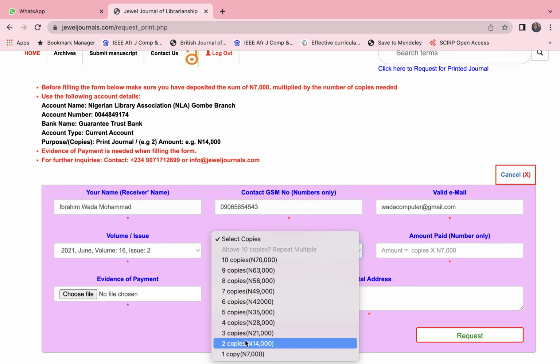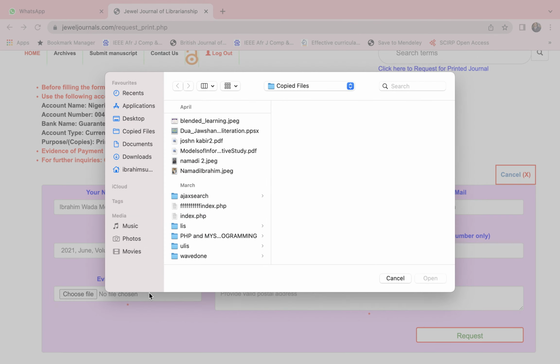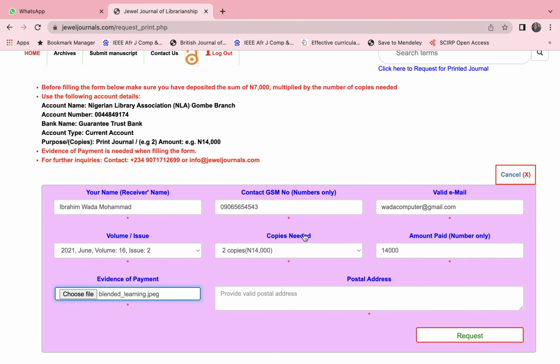Let's assume I need 2 copies, and the amount that I need to pay is 14,000 as indicated here. So I need to indicate the 14,000 naira, and I need to select the receipt of the payment. Actually, I don't have any receipt now. I'm going to select any picture that I think represents the receipt for the purpose of this training. So now I select, and I put my address, number 100 Sokoto Road,